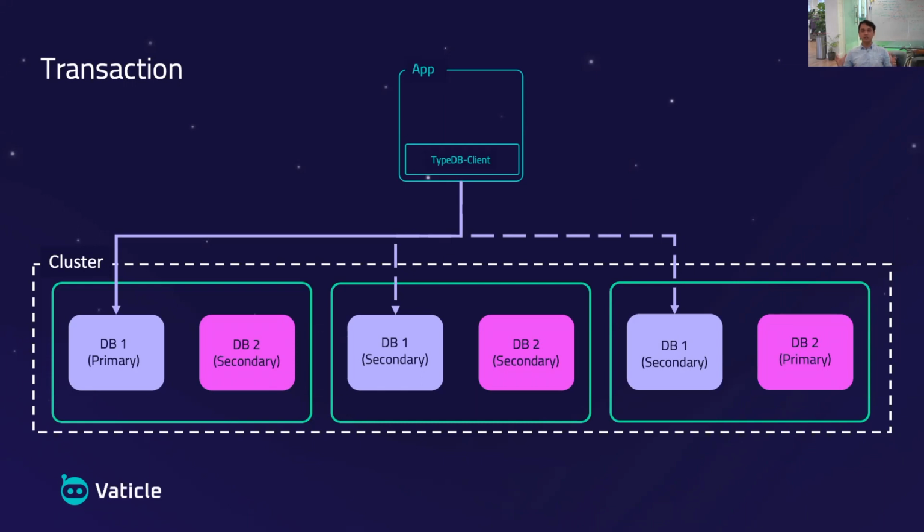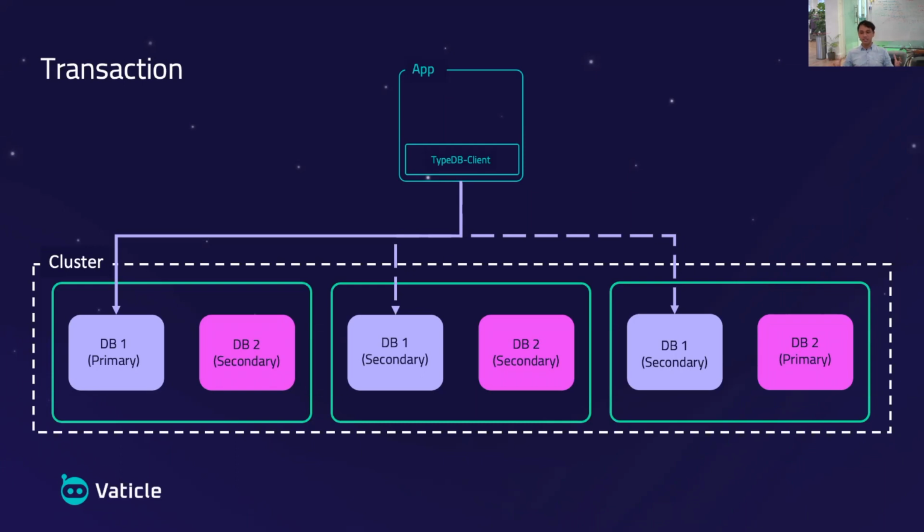Similarly, if the client is then instructed by the application to perform a read any replica, in which it doesn't matter which server the client hits, then the client can just pick any server, and it can do so because it already has information about all the cluster members in the cluster.